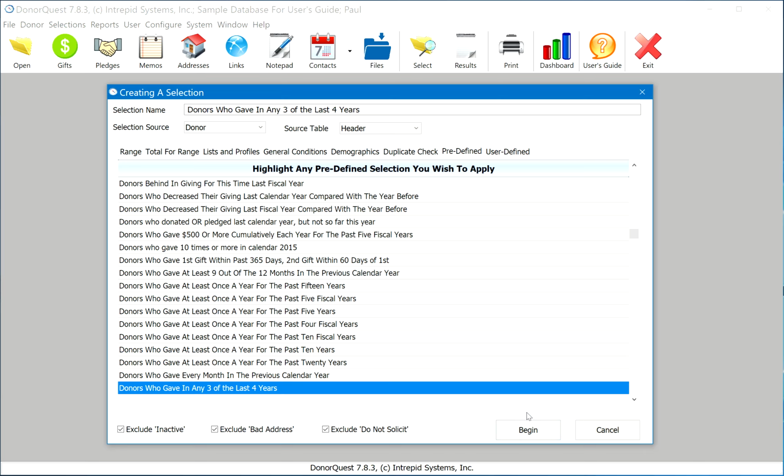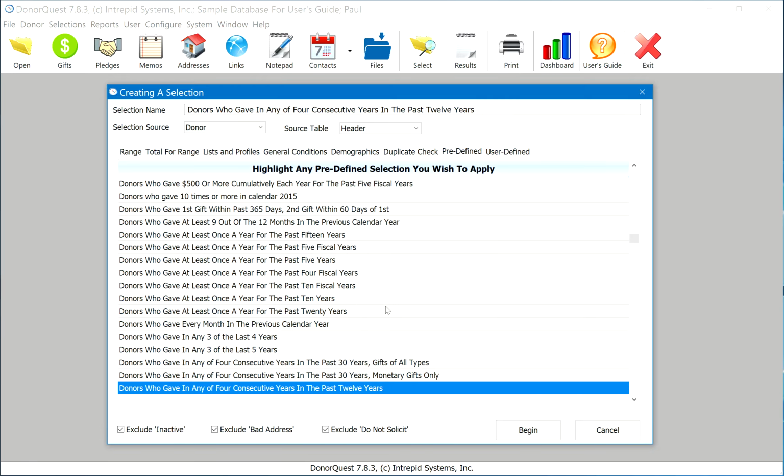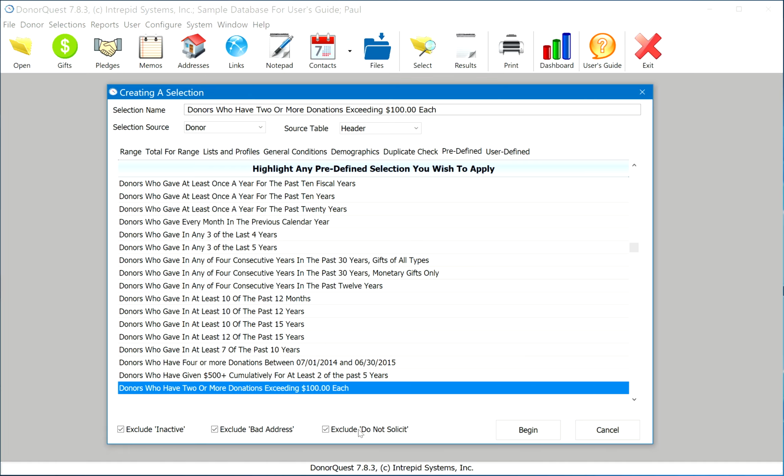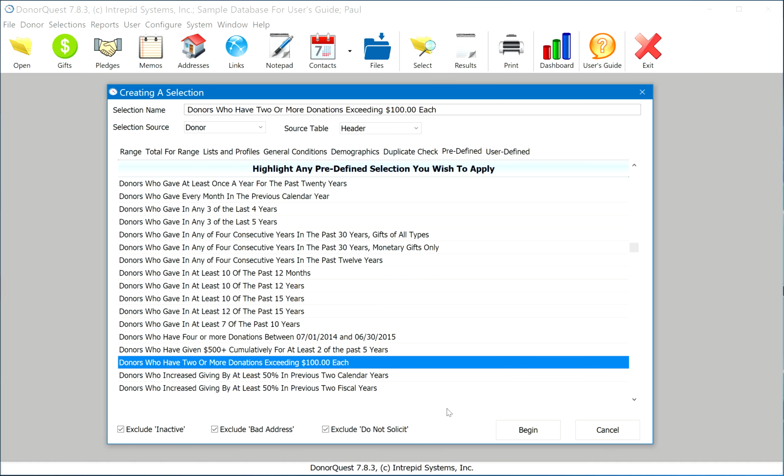And all the descriptions here do a pretty good job of telling you exactly what data is being pulled. But of course, if you have any questions, give us a call and we can better describe exactly what the criteria are. Let's look at this one, donors who have 2 or more donations exceeding $100 each. So I'm just going to highlight that, hit begin,